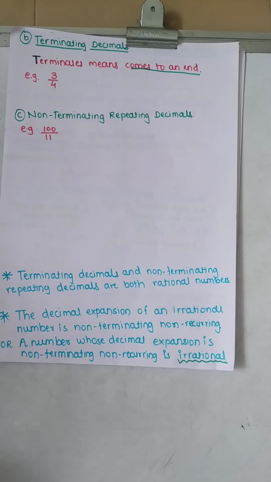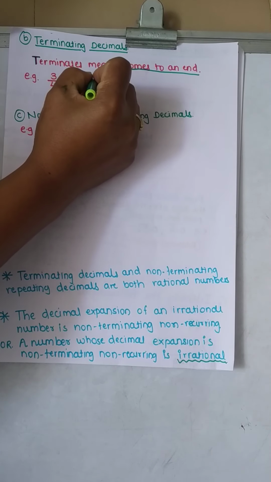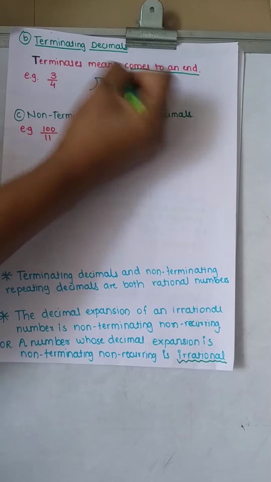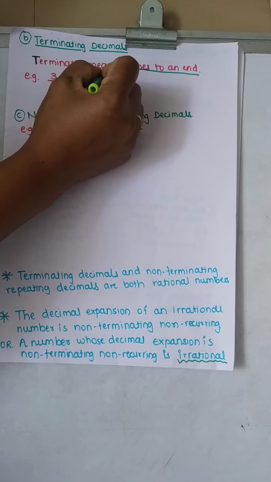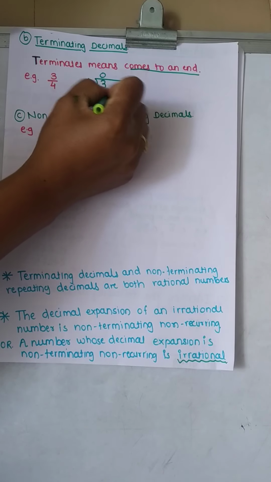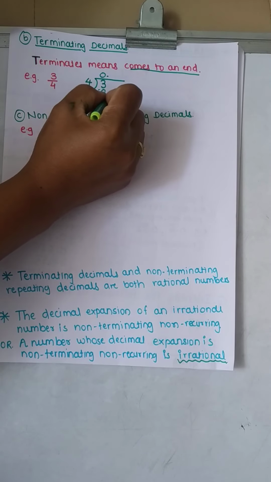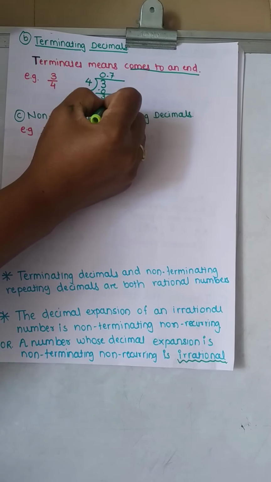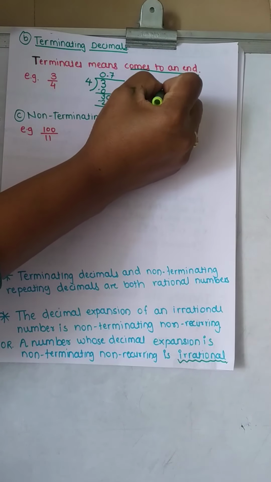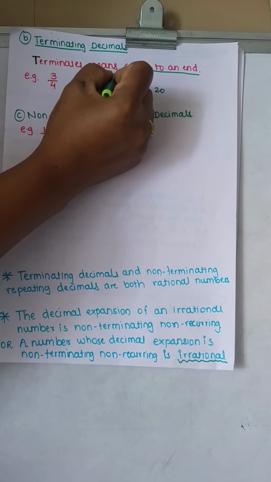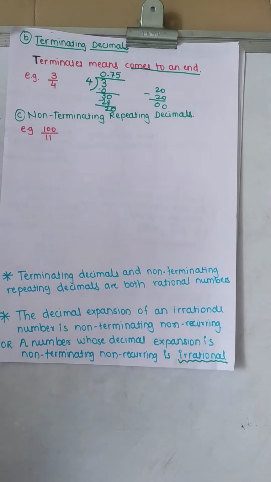So let us see that division. Now I'll divide 3 by 4. This 3 we will keep inside, and we divide by 4. So 4 zeros are 0, then 3 we will take. Here we will write the decimal and take 0. 4 7s are 28. Now 2 is remaining, we will take 0. Now this 20 I am writing here, proceeding. 4 5s are 20. So 20 minus 20, the answer is 0, right? So the remainder we got is 0.